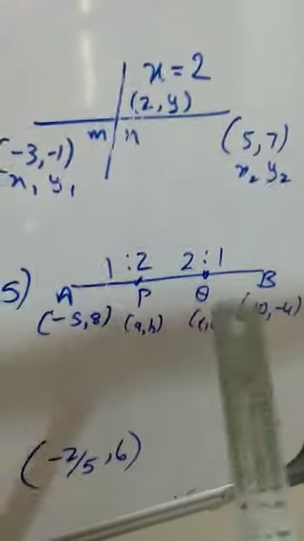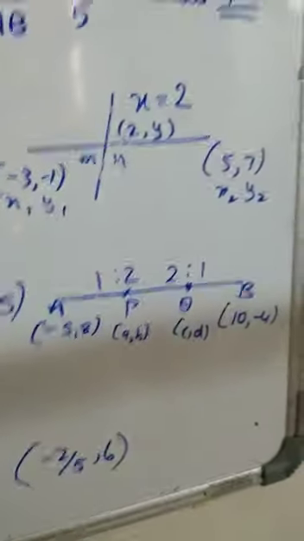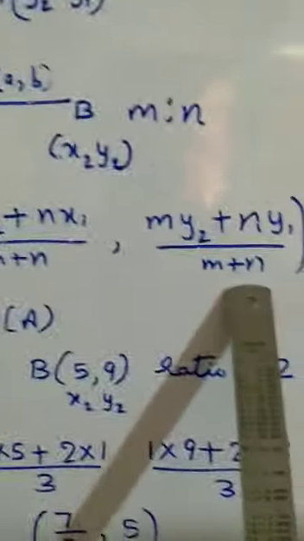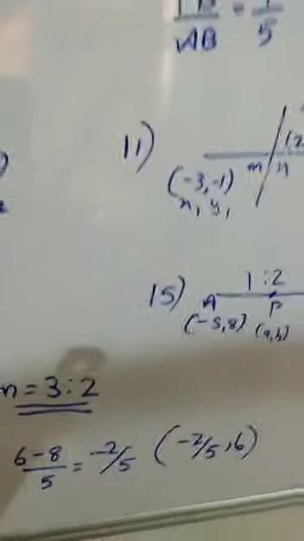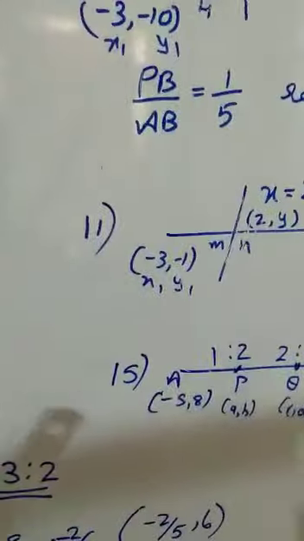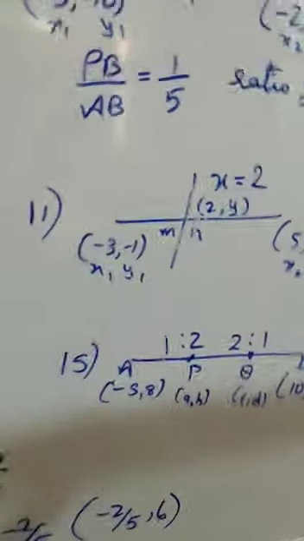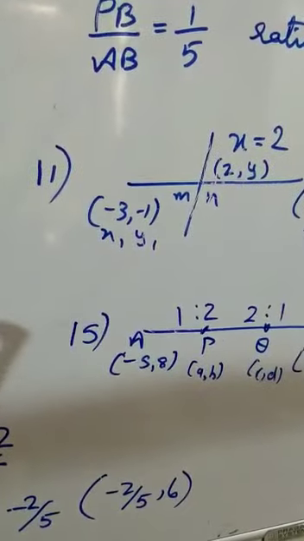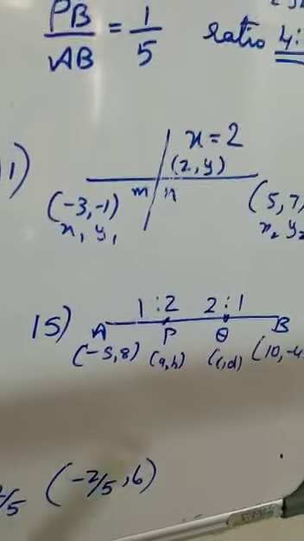So all more or less 25 sums are similar, with only one formula, that is the section formula, which this exercise carries. Please do it carefully. Check the answer behind. If you're not getting the answer, redo it and check why you're not getting it. Read the question 2 or 3 times and try. If you're still not getting it, I will help you out when we meet next.